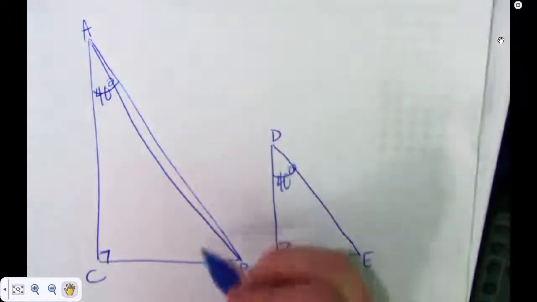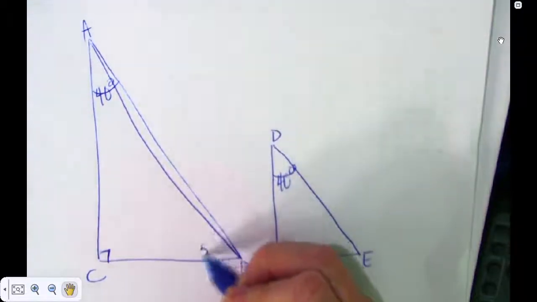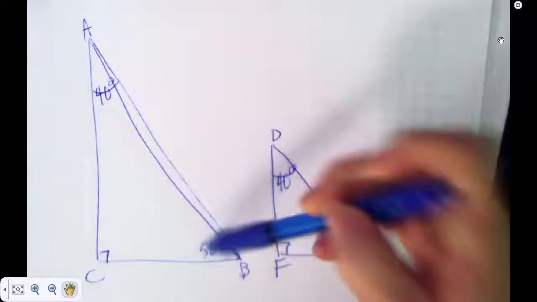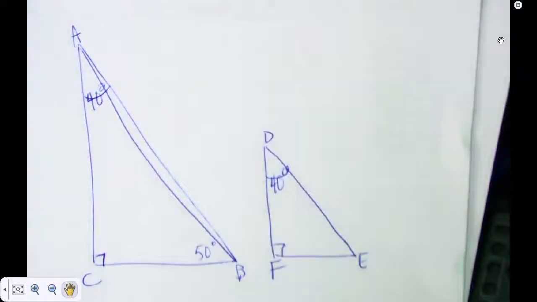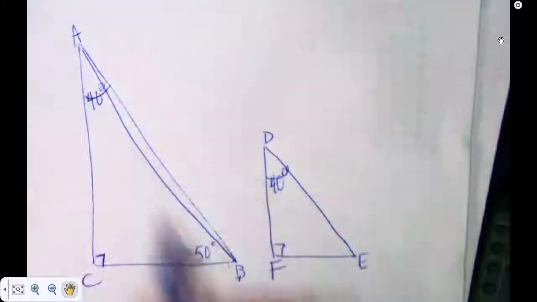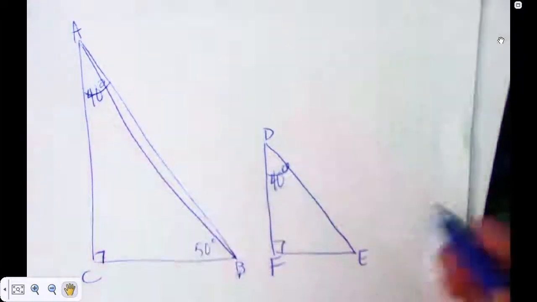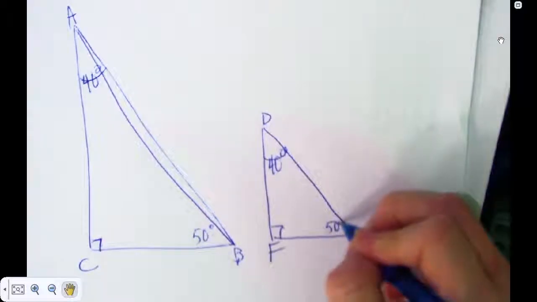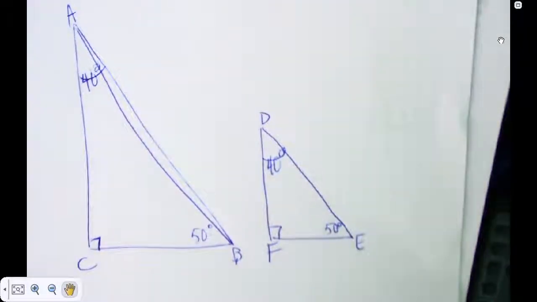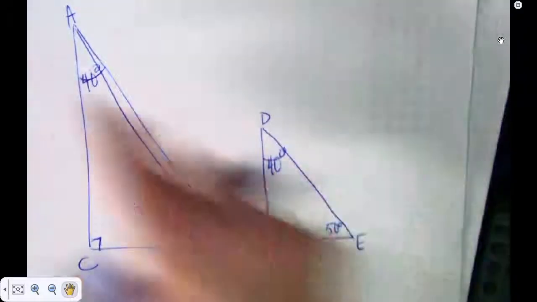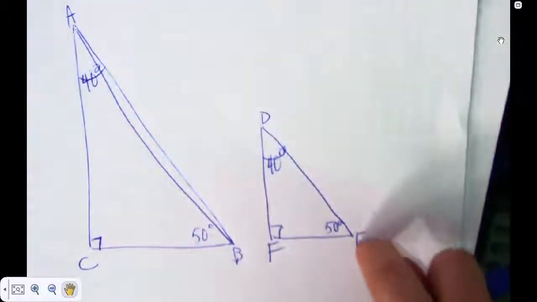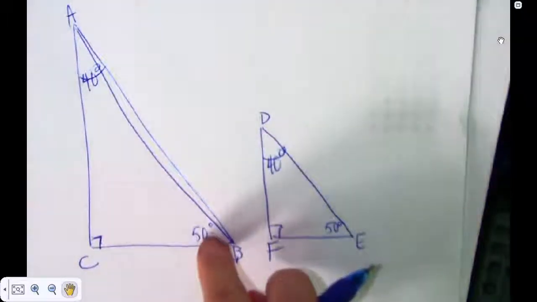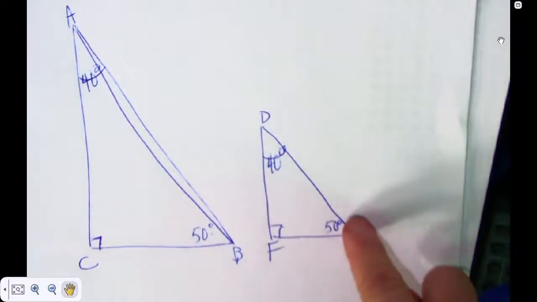So what do you know that has to be? Why? 90 plus 90 is 180, and the 3 angles in a triangle have to equal 180. So what do I automatically know E is? Why does it have to be 50? How do we know automatically? It stays the same, but we know that if 40 and 50 make 90, 40 and 50 make 90 over here. Correct? Yes, ma'am. So triangle